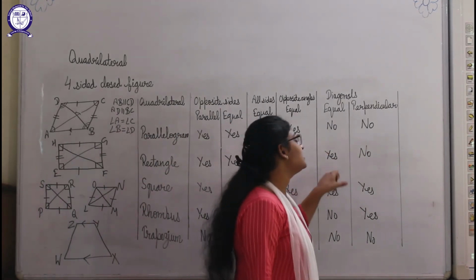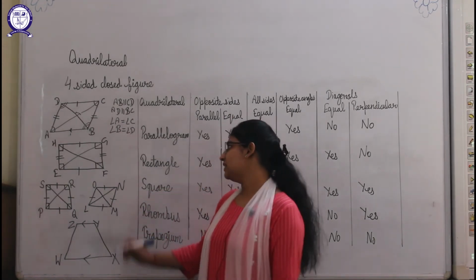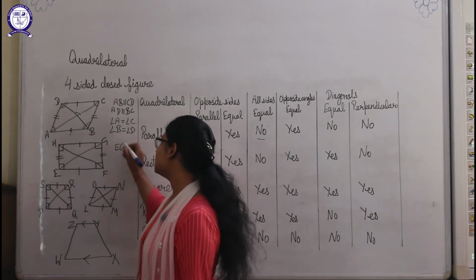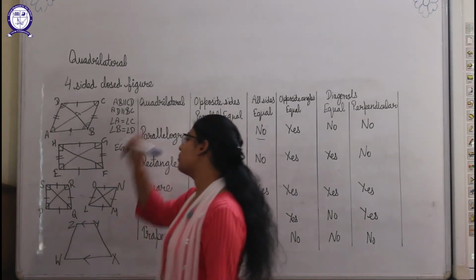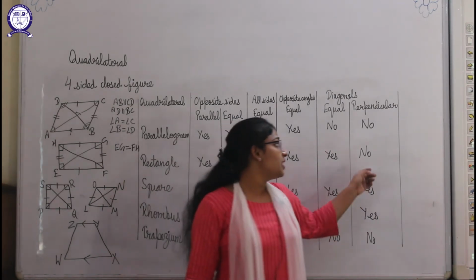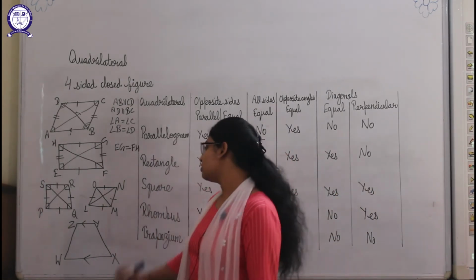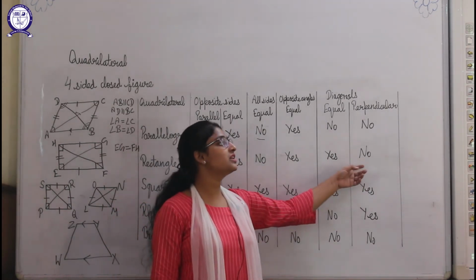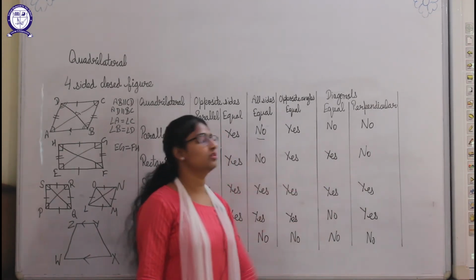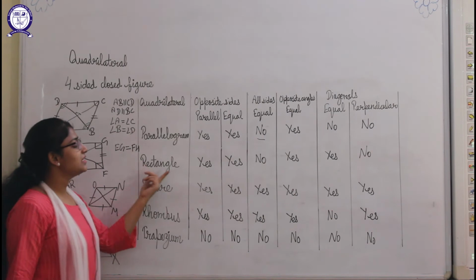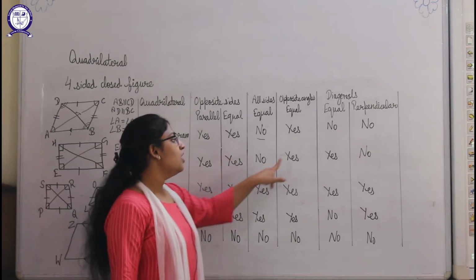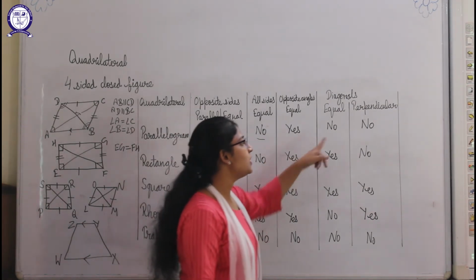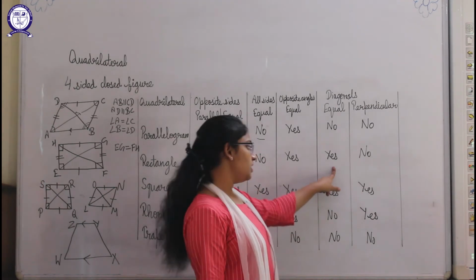Then what about diagonals? Diagonals of a rectangle are equal. Means here EG is one of the diagonals and FH is another diagonal. So these two are equal here. And are they perpendicular to each other or not? In a rectangle, diagonals do not intersect at 90 degrees, or they are not perpendicular. Okay, so in a rectangle we can say that opposite sides are equal and parallel. Opposite angles are also equal, as all the angles are of 90 degrees, and diagonals of a rectangle are also equal.